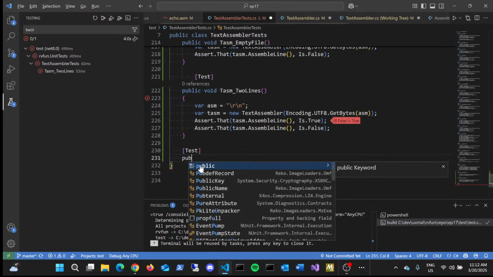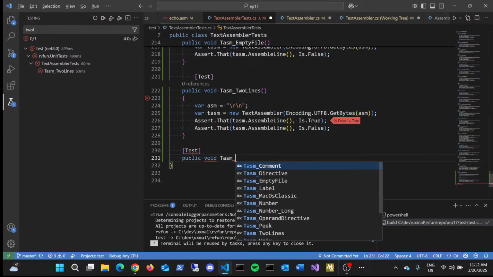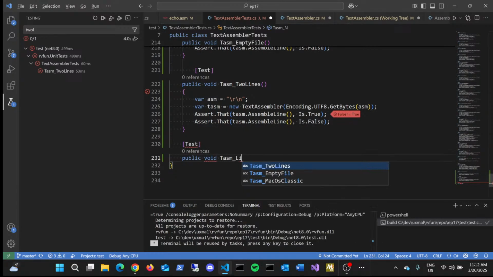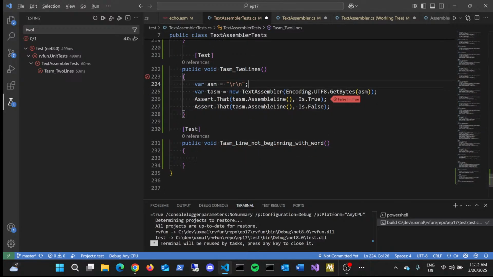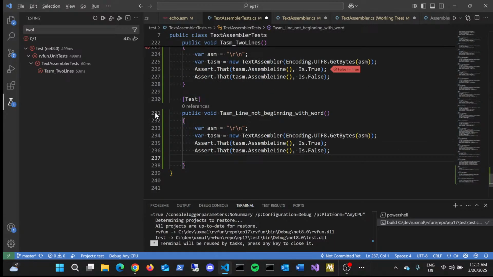I will call it line not beginning with word. So if the line does not begin with a word, then this is something we don't know how to handle. And so let's put a 3 there, then that should assemble,